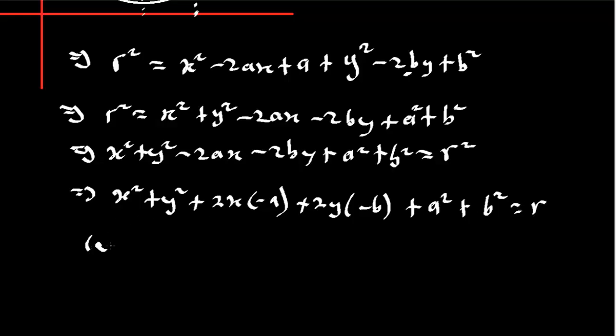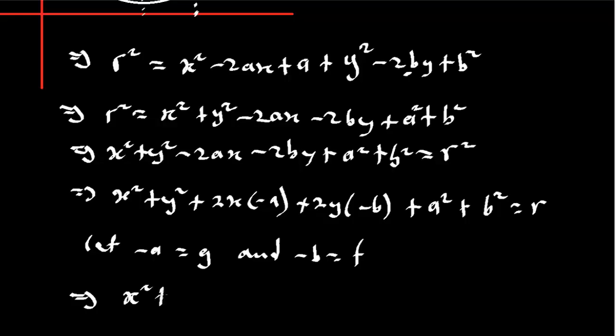Then I'm going to say let negative a be equal to g and negative b be equal to f. So once I do that, that means that if I'm rewriting the equation, wherever I see negative a, I'm putting g there. Wherever I see negative b, I'm putting f there. So I have